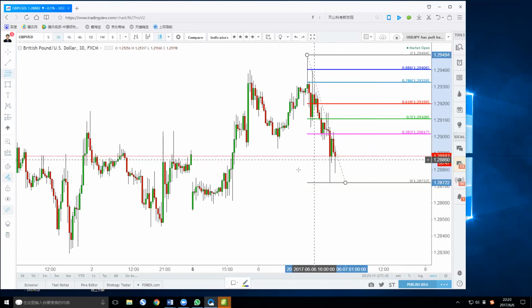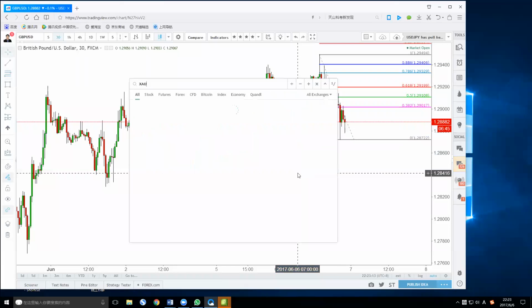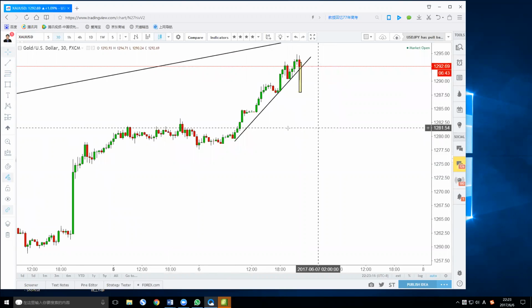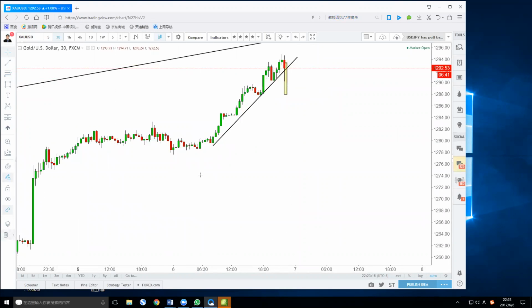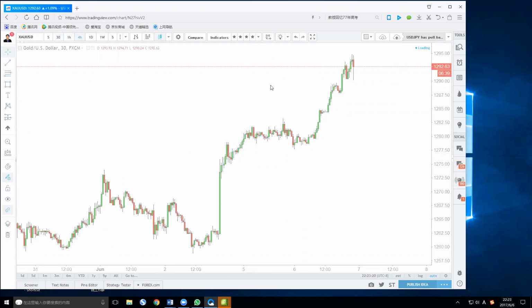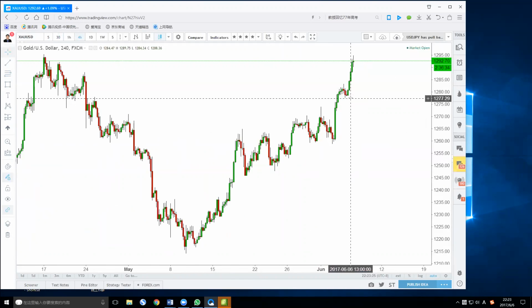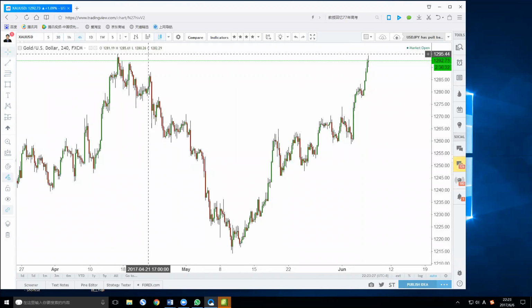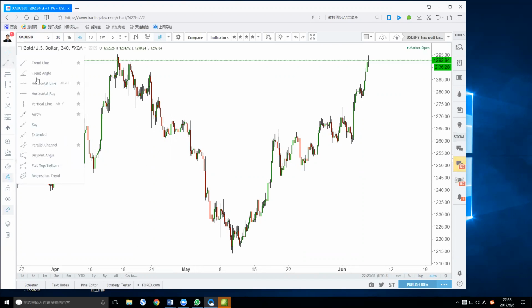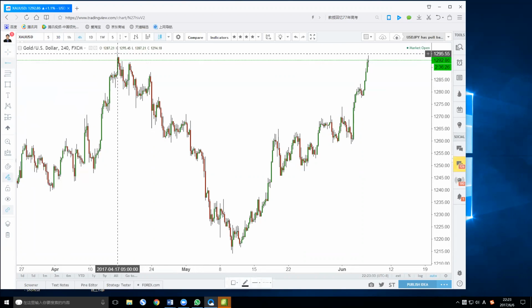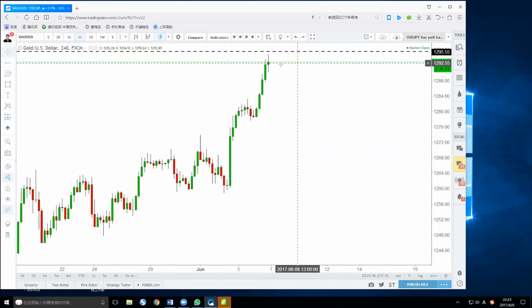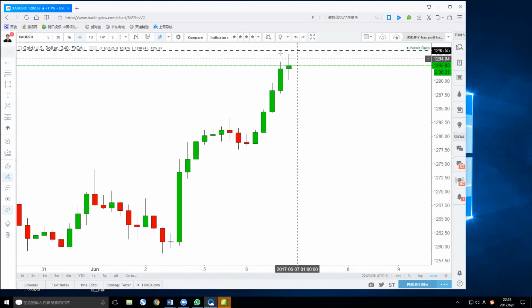Okay, let's go to gold. A lot of people ask me, well, can we short gold right now? I say gold is actually making a very, very bullish move, all right, with no pullback, and it all goes up, and we're testing the previous high. Not yet, 1.295 is still the resistance level. So you just mark this level, all right, but it's kind of having a shooting star right now, but this fourth candle is not closed yet.